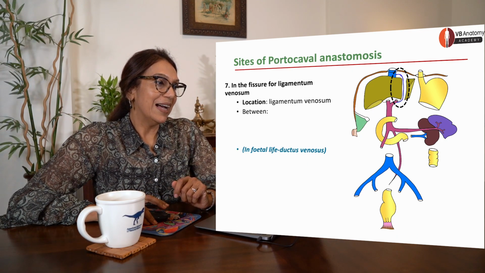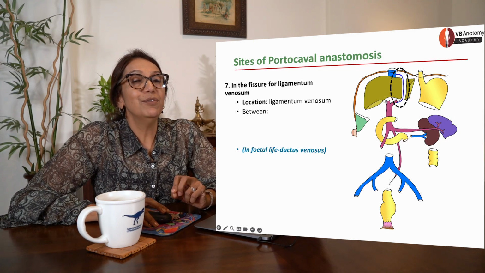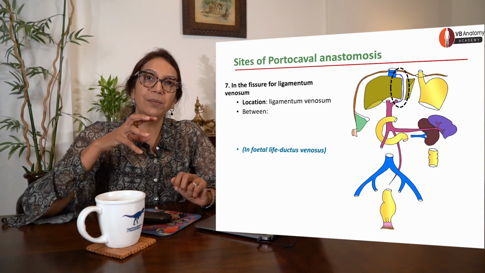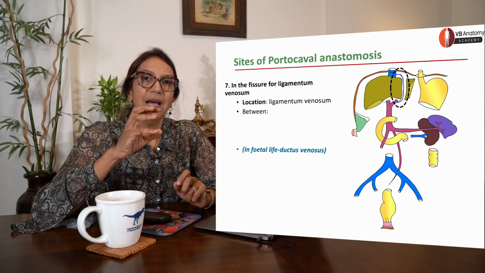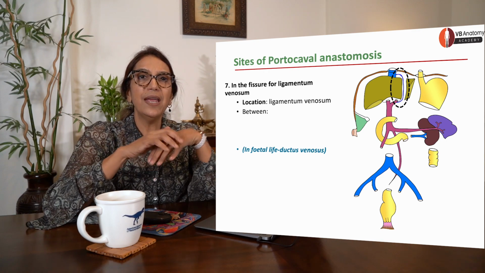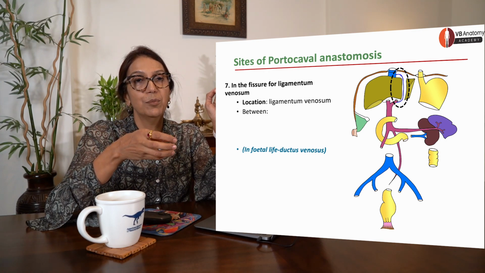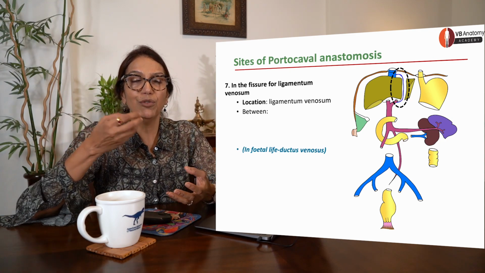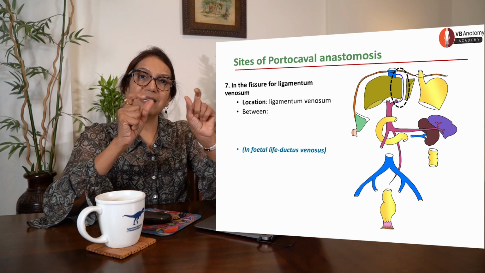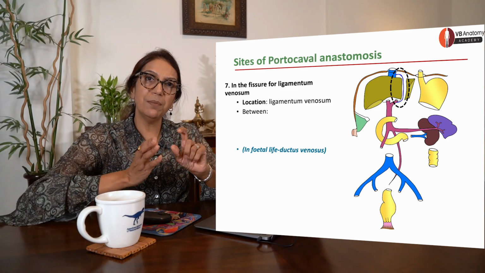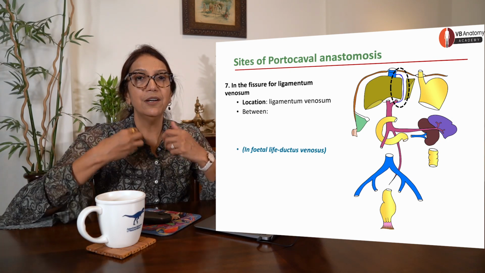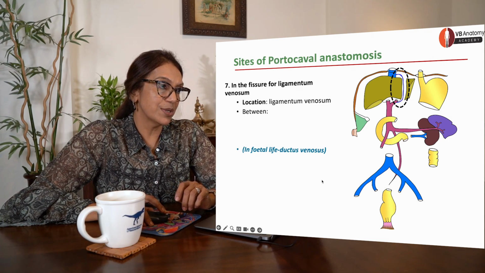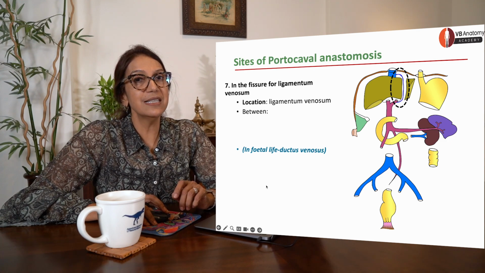Okay. Now, if you've seen my lecture on fetal circulation, I have explained to you how blood from the placenta at one point bypasses the liver, to reach oxygenated blood to the heart. Because liver is right there in the middle. If it flows through liver, much of the oxygen gets utilized. So what the body does is it creates a duct called ductus venosus, through which the blood bypasses the liver, conveniently draining directly into the inferior vena cava. So this is a site of portocaval anastomosis which is seen in fetal life, ductus venosus.